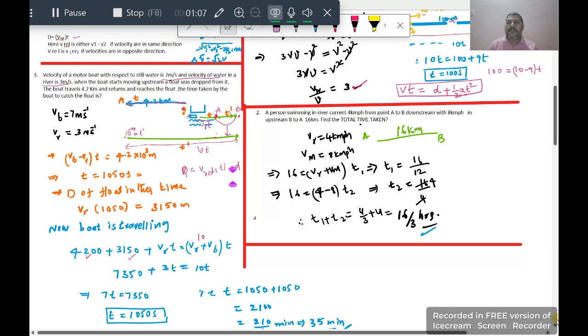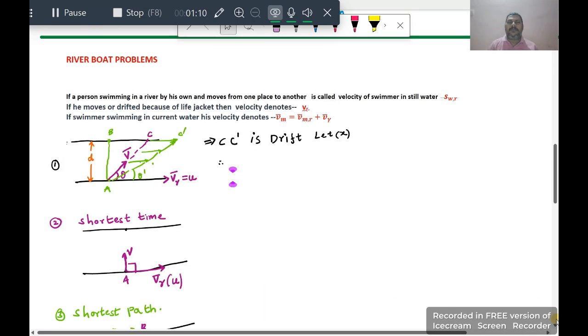So this is applying the upstream and downstream and the general relative velocity concept for the boat and thief, and policeman or hero and bus. So this is the model of problems. Now coming into river boat applications. So in river boat,